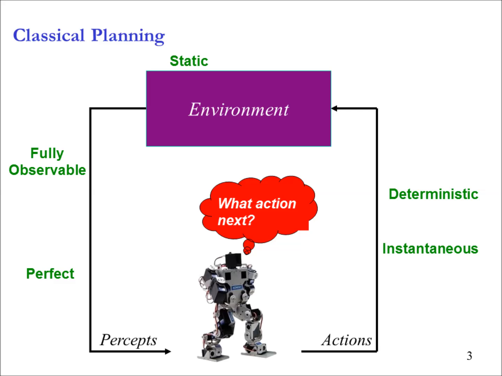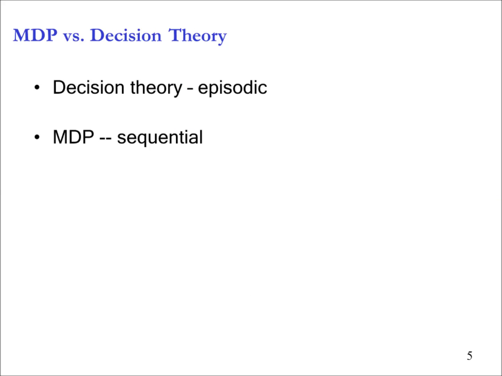And the greenest version of this is where everything is the nicest possible. Like environment doesn't change by itself. I can observe everything. I observe it perfectly. My actions are deterministic. And this is classical planning or deterministic single agent, atomic agent that we have been studying. Now the change that we are going to make, since we are in the uncertain world, is that now my actions are going to be stochastic. So when I take an action, I will not know exactly where I am going to reach. I will be reaching different states with different probabilities. And this is exactly what we just did in decision theory. So when I build a large plant or a small plant with different probabilities, I was going to reach different points and get different rewards.